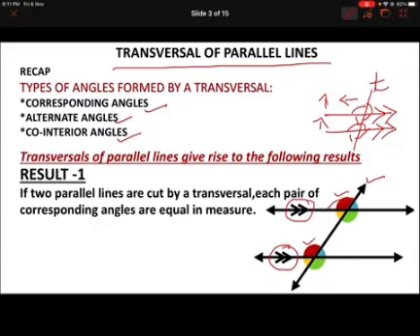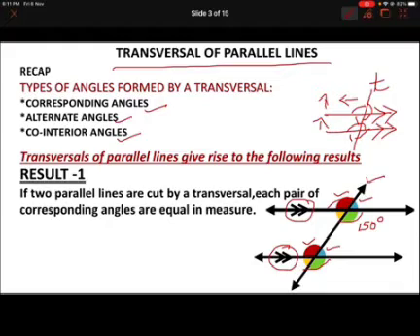That means the two red angles are equal to each other. The angles marked by yellow color, they are equal to each other. Blue angles, that is this angle and this angle, they are equal to each other. And green angles, you can see here one, even they are corresponding angles, they are equal to each other. What we mean by this is, suppose, for example, if I say this angle measures 150 degrees, if I give one particular angle, children, it's very easy for you to find out all the other remaining angles.